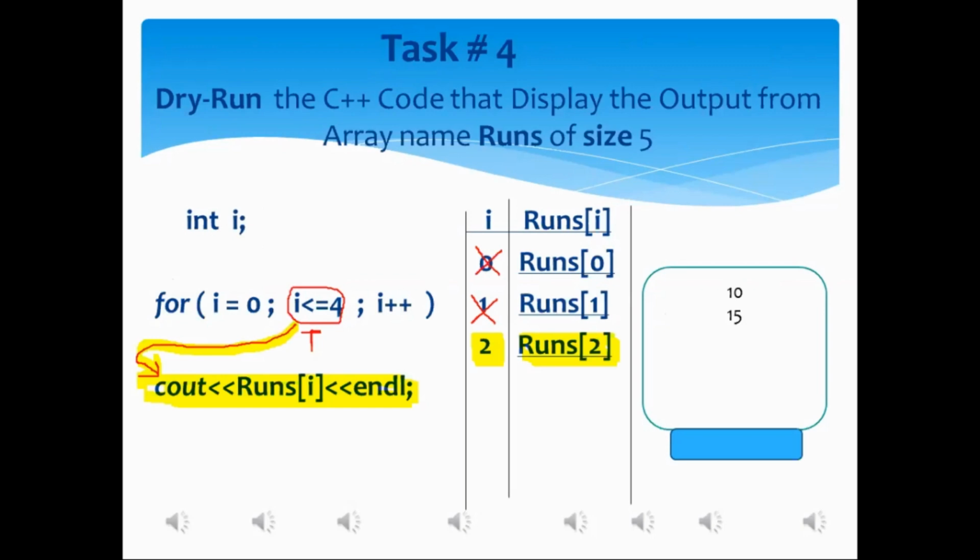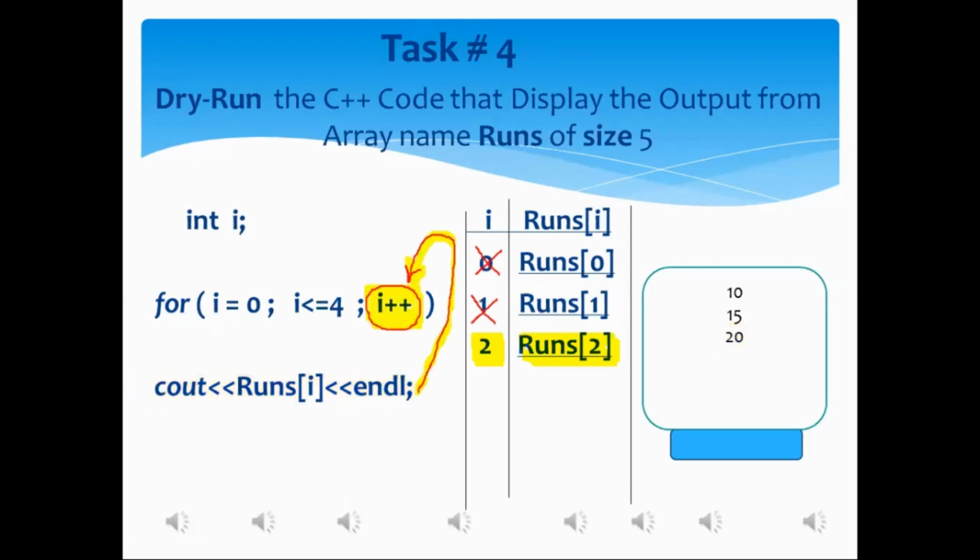Okay. Now count 1, 2, 3, and you can watch onto the monitor what will be displayed. Okay. 20 has been displayed over there or not? Yes, sir. It is displayed, sir. Okay, my dear. After execution of the for loop associated statement, that one is the cout statement, the control of execution will be shifted to where? To increment or decrement statement, sir. Okay, your answer is correct, my dear.